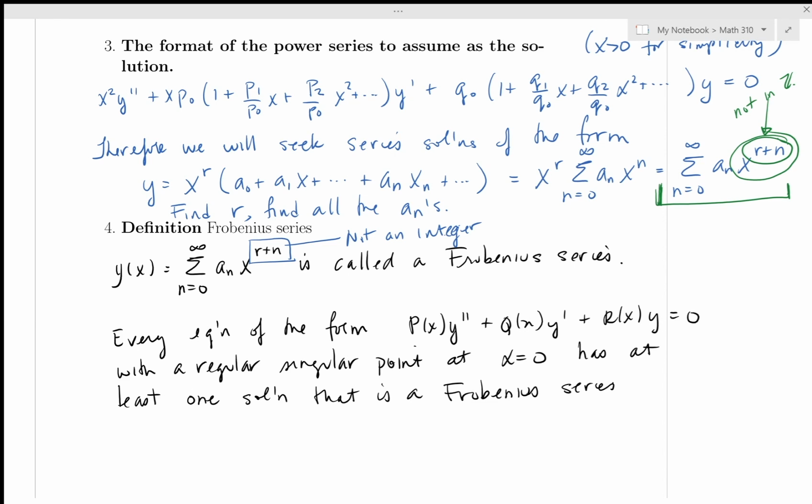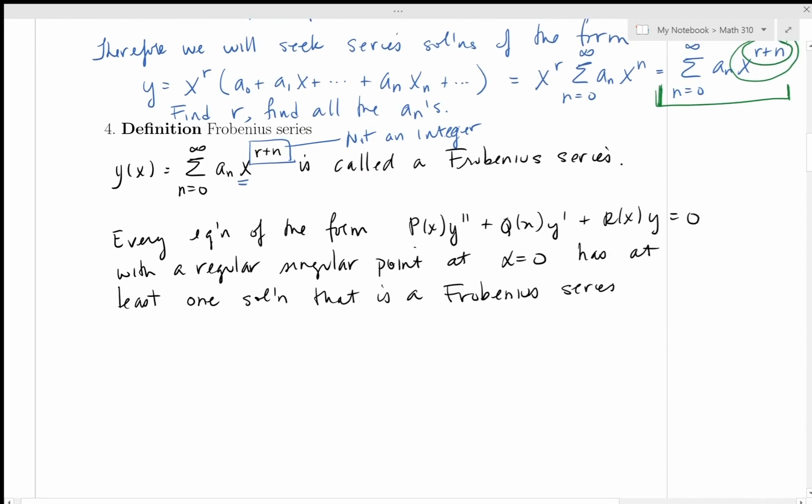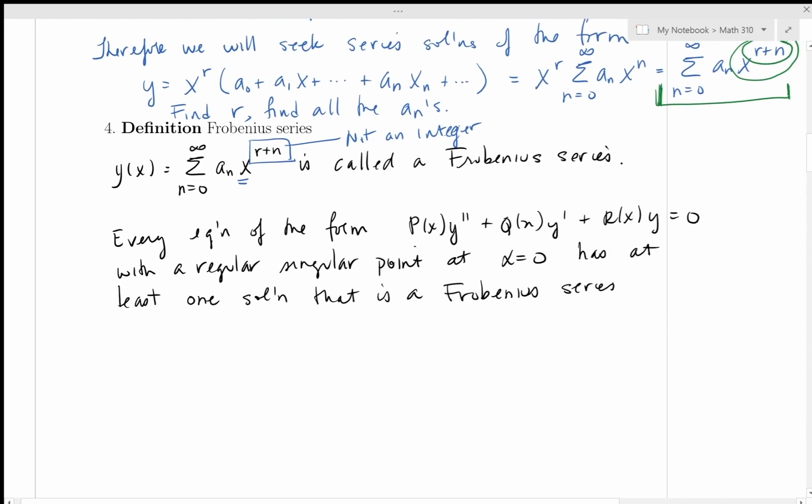So in general, the exponents on these x's are non-integers, and that's what makes this a Frobenius series. And we are guaranteed to have at least one solution like this near a regular singular point. Let me just write what I've been saying down to make it really clear. The Frobenius series solution is generally not a power series,